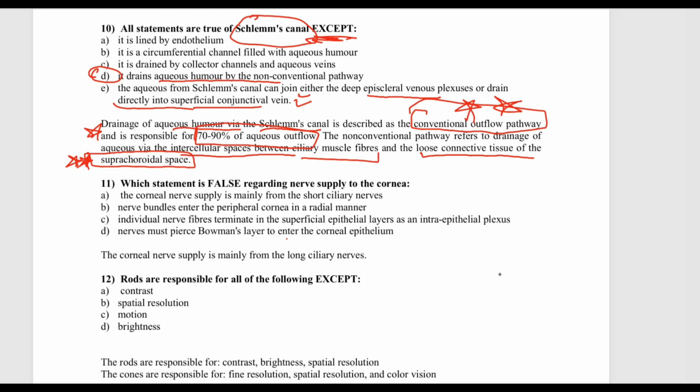So here the option is alpha, because the corneal nerve supply is mainly from the long ciliary nerves,